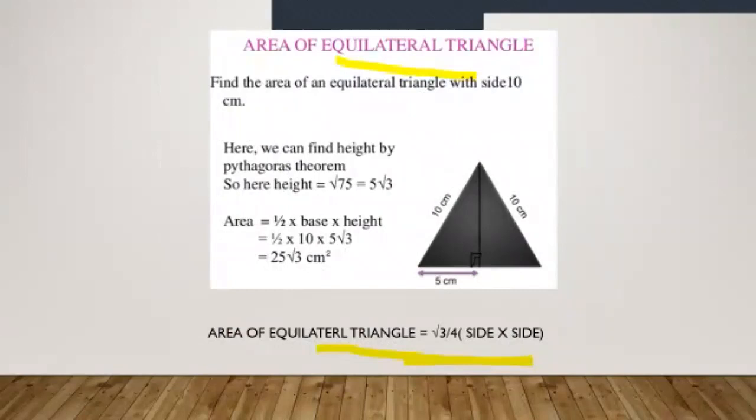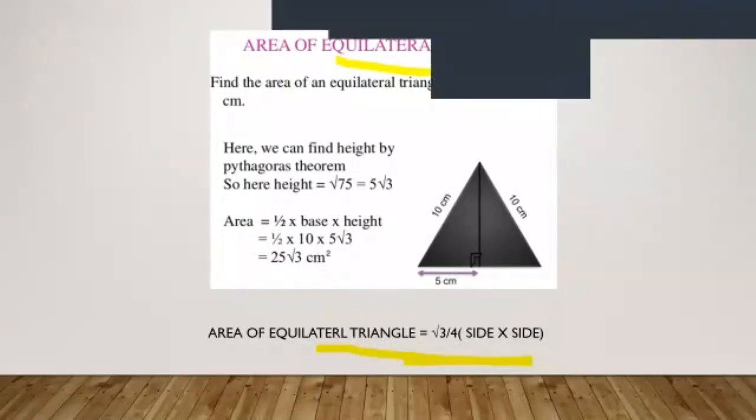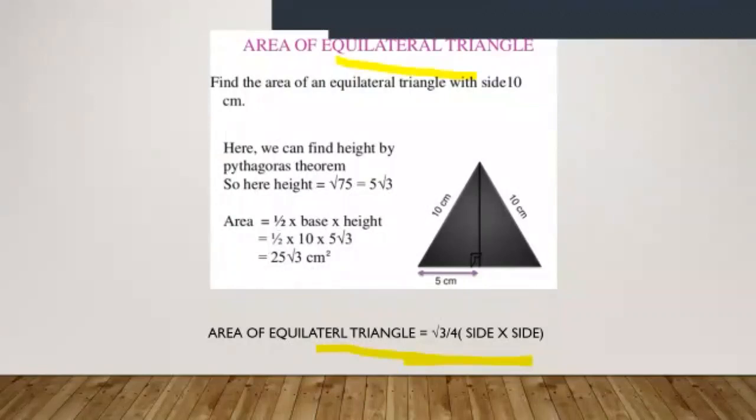Area of an equilateral triangle is nothing but, take it down, root over 3 upon 4 into side square. Now we will be using these to make our sums go faster. Take it down. If something you have missed out, please take it down. That's why we are revising. Root over 3 by 4 into side square. Yes, it's only root over 3 into side square, whole divided by 4.